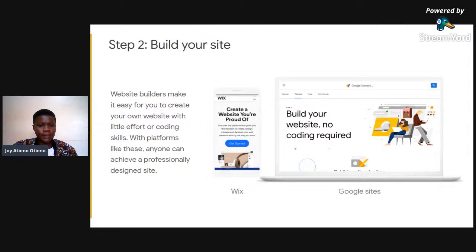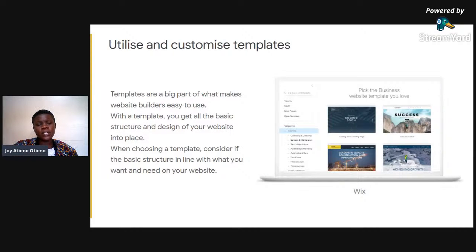After you have bought your domain name, next now you want to build your site. In building your site, number one, you don't need coding skills at the moment for you to build a website, right? Building a website requires very little effort when you are using a website builder. So there are so many website builders. There is Wix.com, there is Google Sites, there is Squarespace. And the way that the website builders work, for example, when you go to Wix.com, and I'm always going to share that link, Wix.com, you're going to find templates. And templates are a big part that makes using website builders very easy. So when you have a template, you get the basic structure and design of your website already put into place,